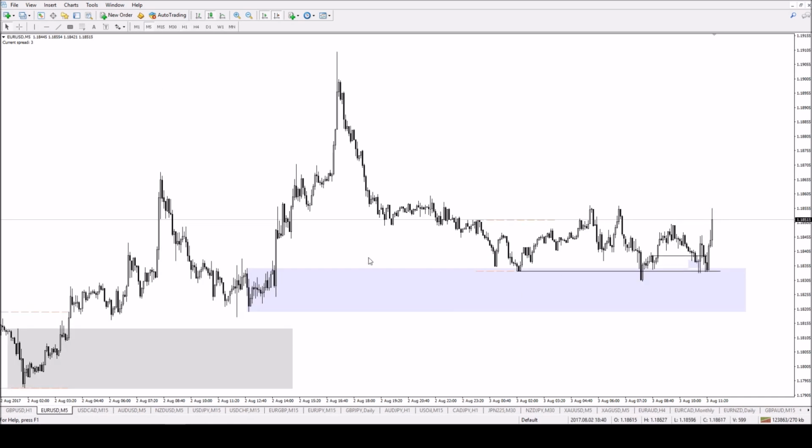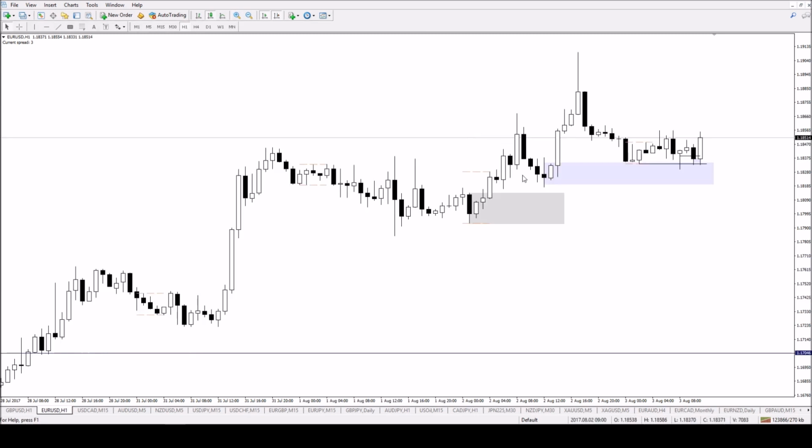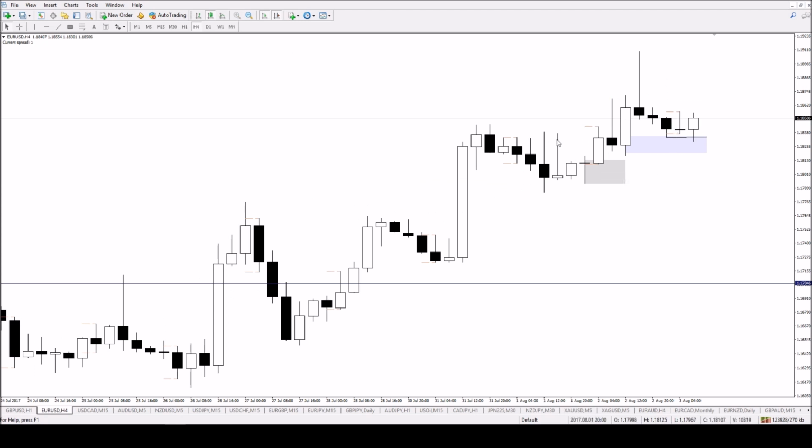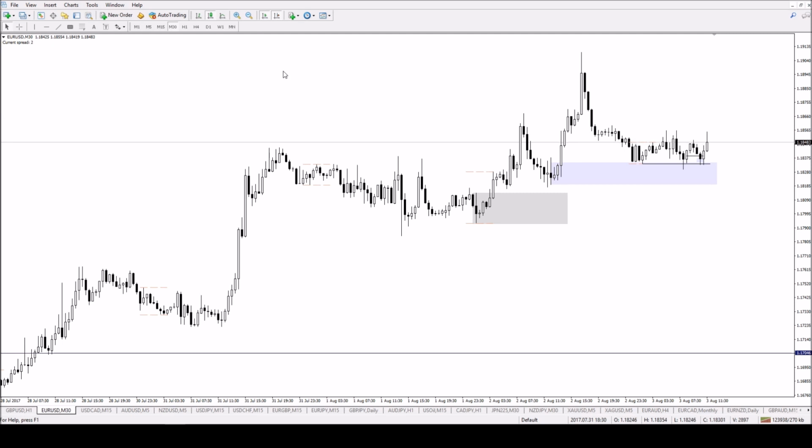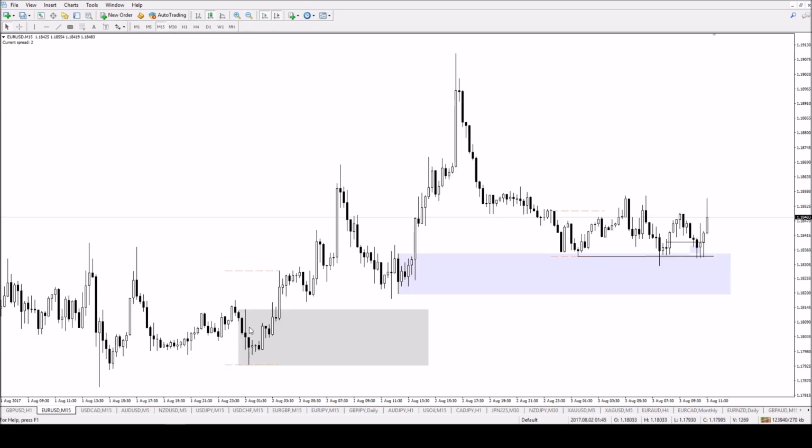Euro dollar. As we can see, it's come down, and it's bouncing off of this candle here. If we go to the lower time frame, we can see that it's coming off of this 15-minute. If you look carefully, this down move touched, rallied away, came back down, rallied away. This is where the buyers have stepped in. This is the swing low before the new high. It's come down, filled in the gap into this basic low, come up,